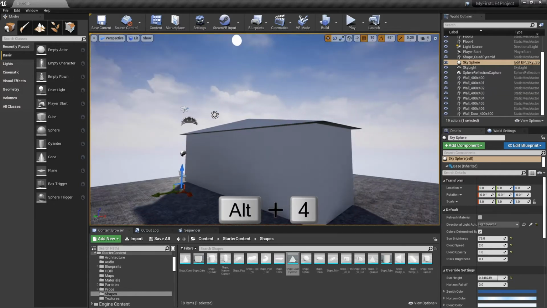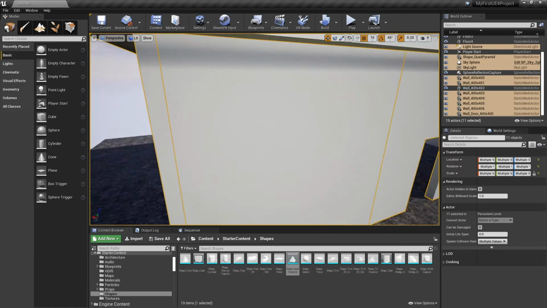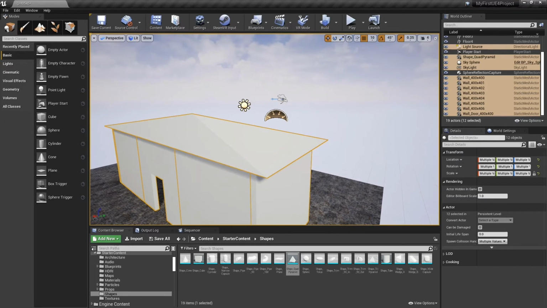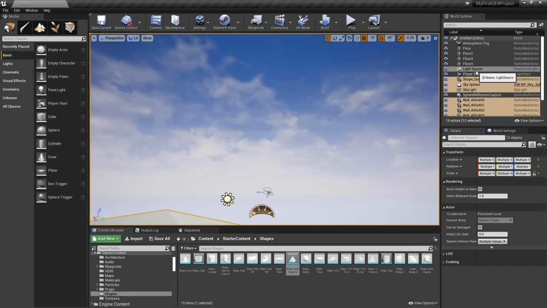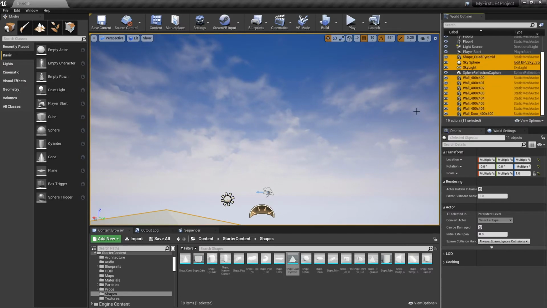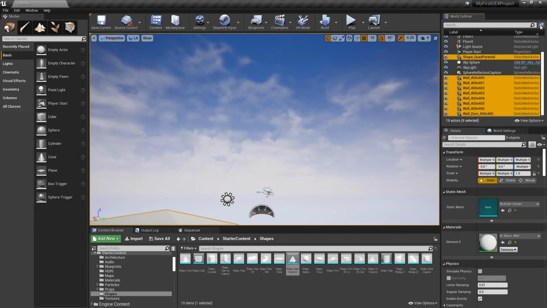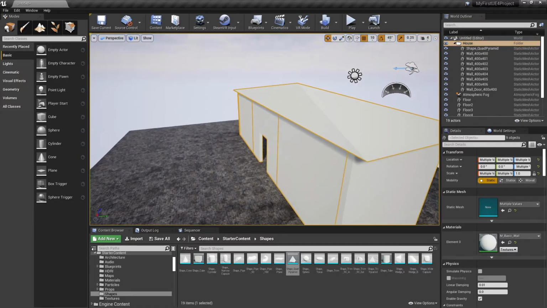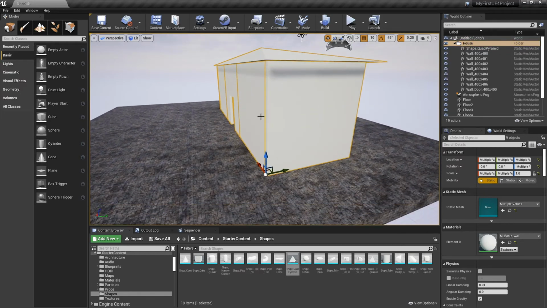I'm going to go into Alt 4, and we can get as much as we can here, but we'll just hold down the Control key and click those extra pieces that we didn't get. It looks like we've got everything, but we probably also have the sky sphere selected. And we also have the light source selected. So we can either look in here and Control click those, and then just turn those into house. And then you can test to see what you've got, and you can drag things out of that if you've got things that you didn't want. All right, that's a good start.